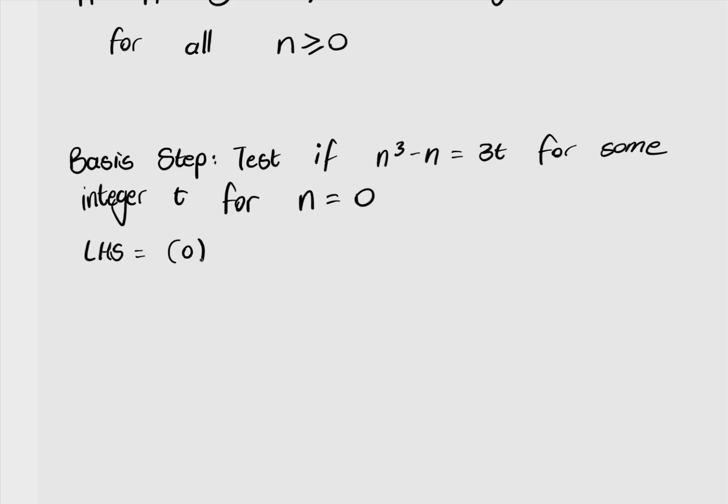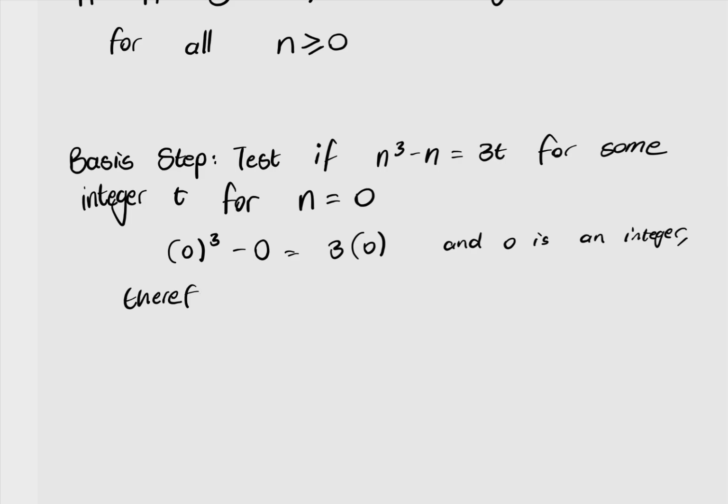Actually, let's just substitute it straight away. Minus 0 is equal to 3t. It's equal to 3 times 0, and 0 is an integer. We don't even have to say that 0 is an integer. That's equal to 0, and then you can say 3 times anything times 0 is equal to 0, so obviously you can say 3 times 0, therefore,